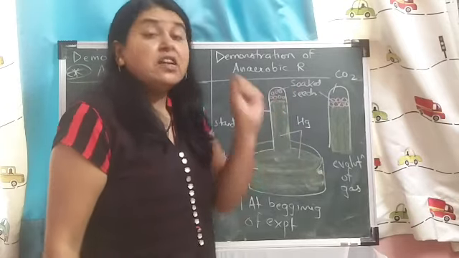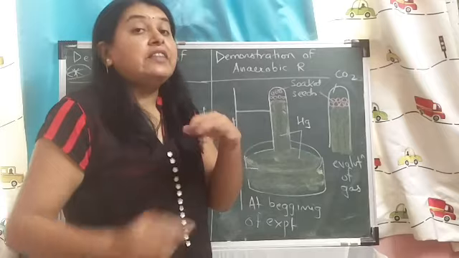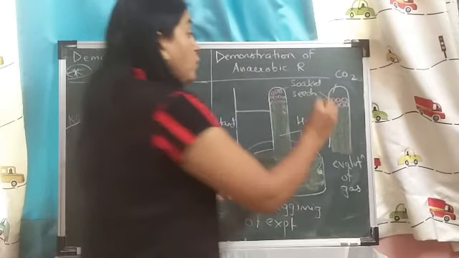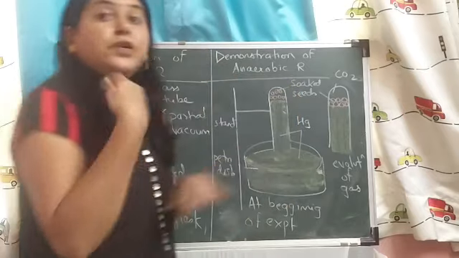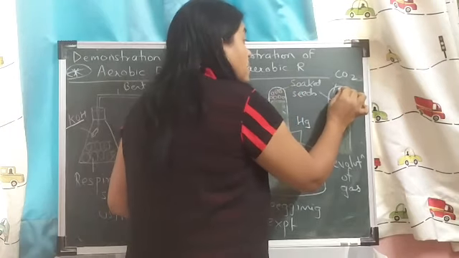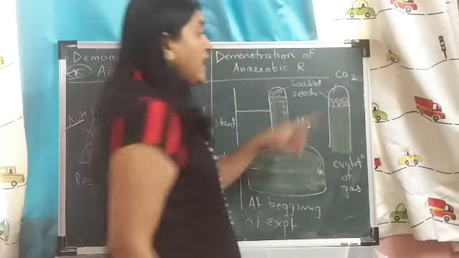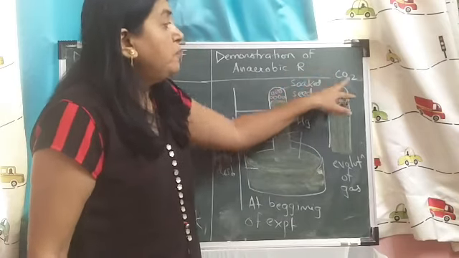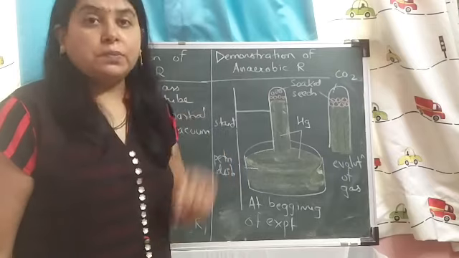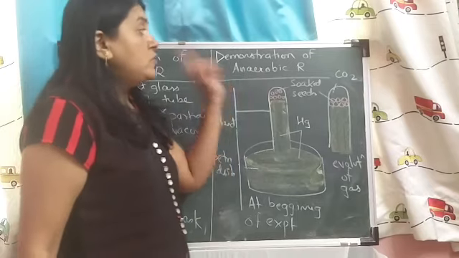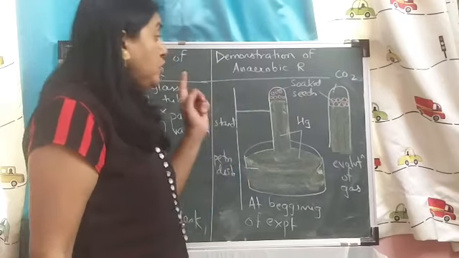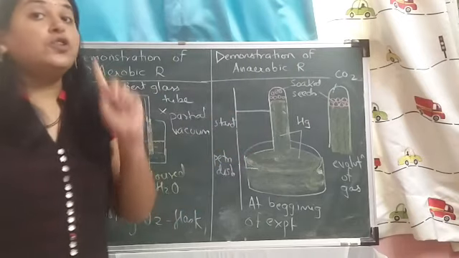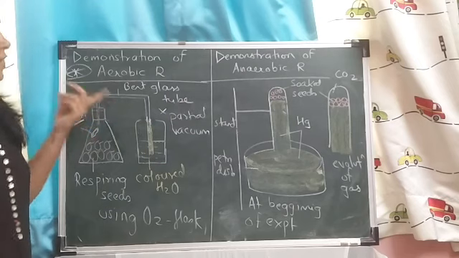The soaked seeds, during respiration, will produce carbon dioxide, and therefore, since they produce carbon dioxide, you will observe carbon dioxide gas at the top and the seeds over here. So this gap is observed because of the formation of CO2, right? So this is a demonstration of anaerobic respiration by the germinating seeds whenever oxygen is not available,